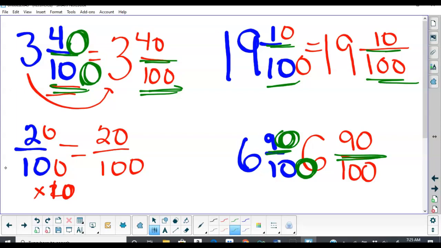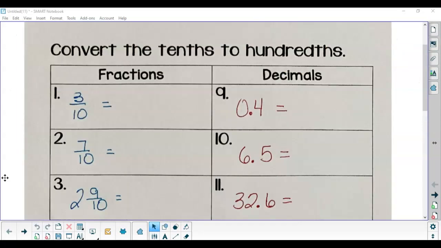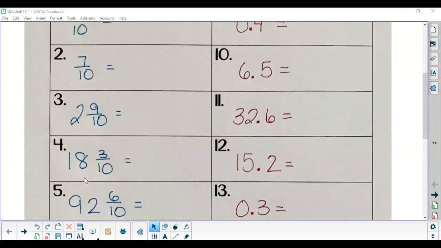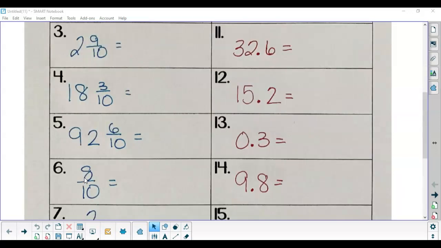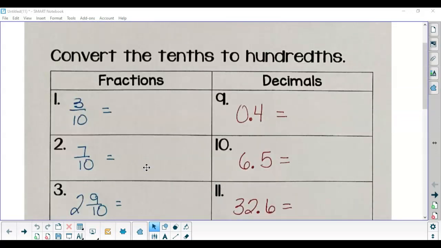All right, so we're going to take a look at the classwork for today. Okay, so this is what your classwork looks like today. It says convert the tenths to hundredths. So you're going to do that in the form of fractions, and then you're going to also do that in the form of decimals. So for the fractions, you have 8 problems, and for the decimals, you also have 8 problems. Again, this is on a Google slide, so you're able to type your answer into the text box, or if you have a touch screen, you write it with your finger, or you print it and write it